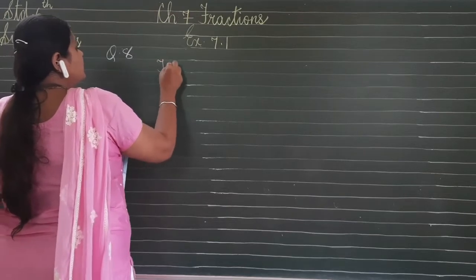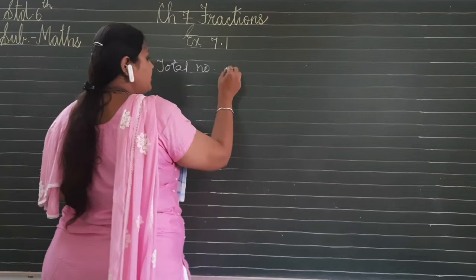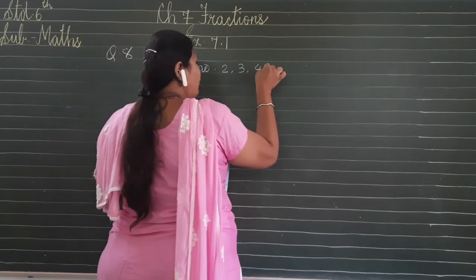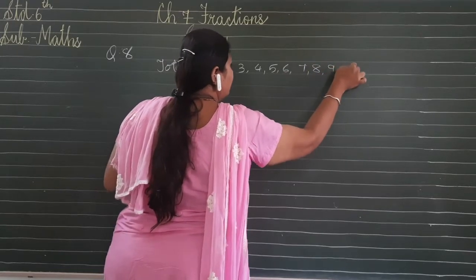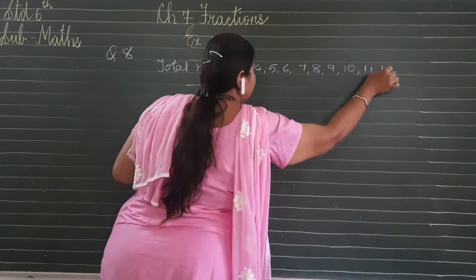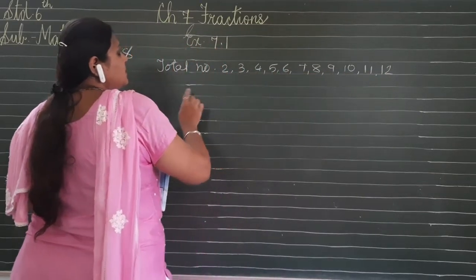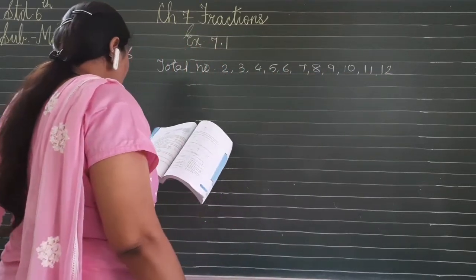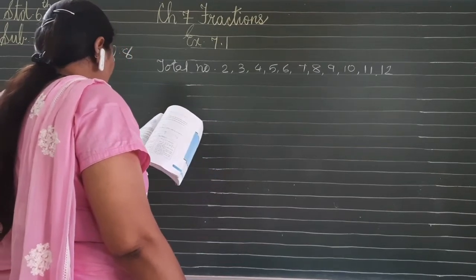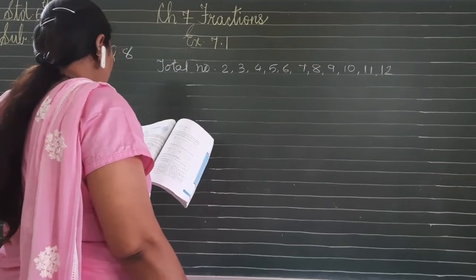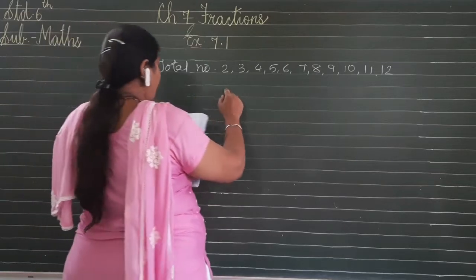Total numbers are, we have to start from 2, 3, 4, 5, 6, 7, 8, 9, 10, 11 and 12. Here we have to start from 2 and we have to write down natural numbers. So out of these numbers we are having